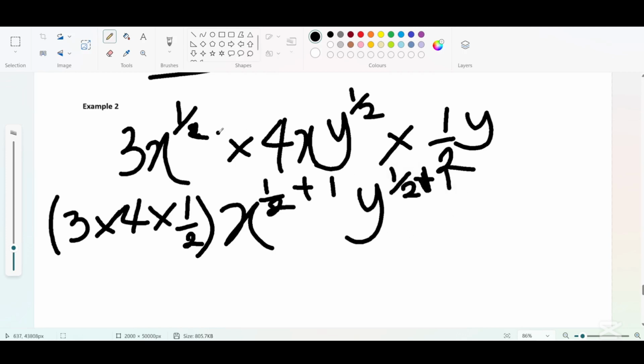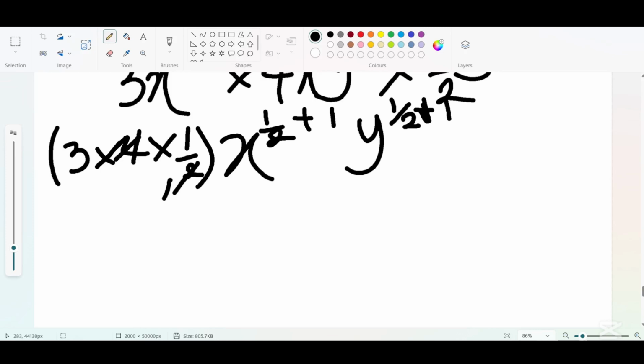That is, the power of x is half here, and the power of x here is 1. The power of y is half, and the power of y here is 1. So we know that when nothing is written at the top right hand of the letter, it means the power is 1. So we need to take cognizance of that. So this is now going to be